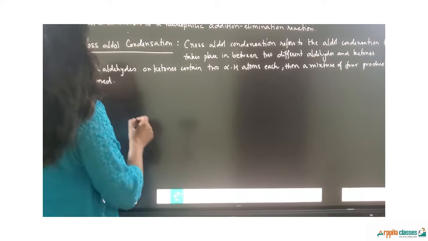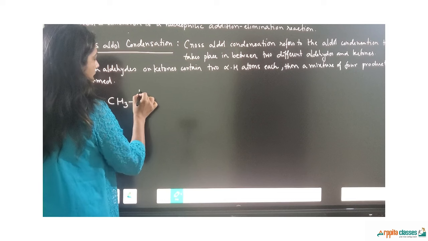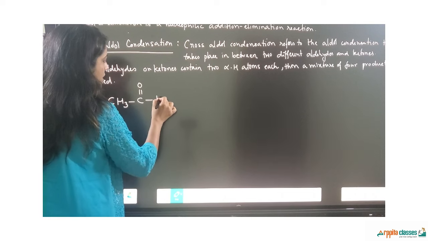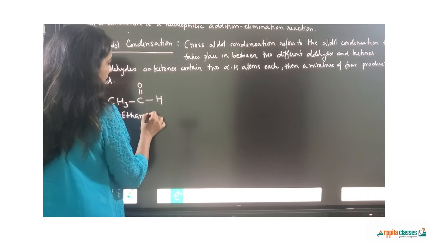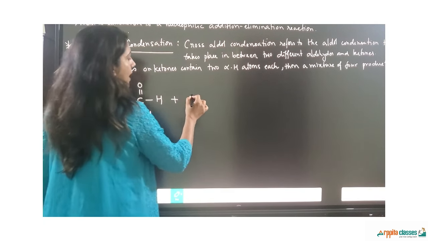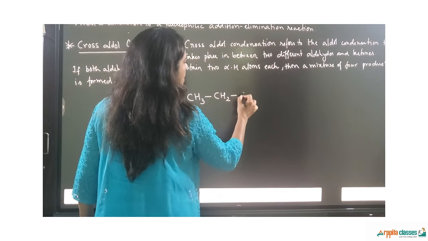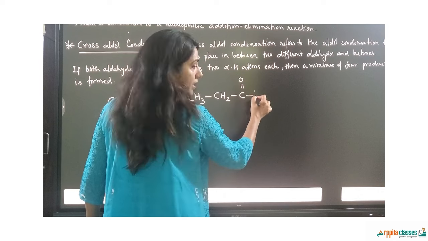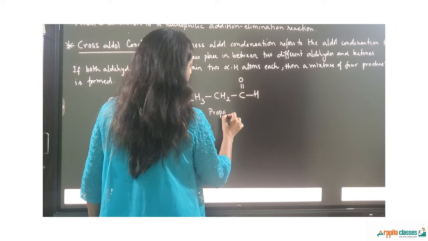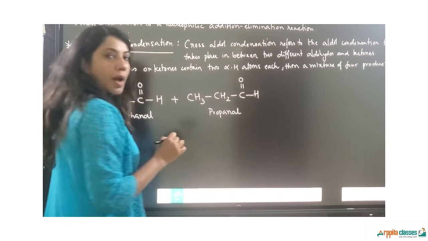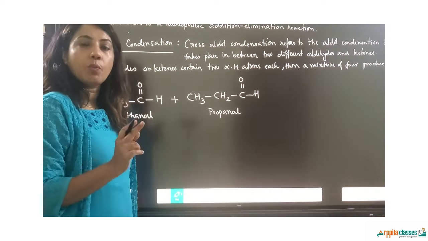So taking the example of ethanol, CH3CHO. This is ethanol, and propanol, CH3CH2CHO. This is propanol. So what happens is there are 2 products which are self-aldol product and there are 2 products which are